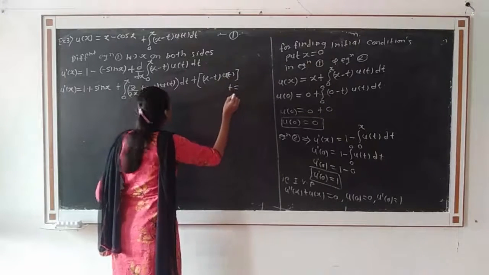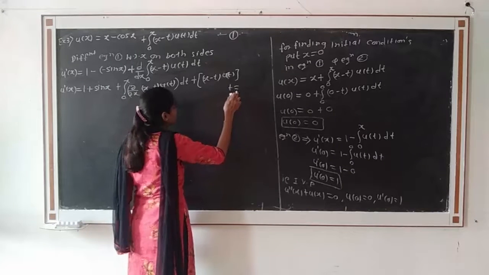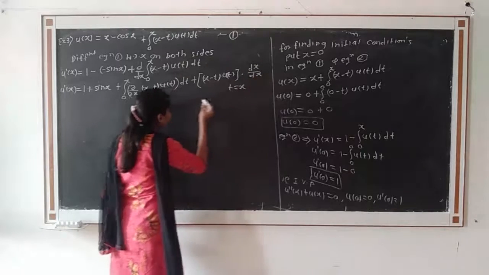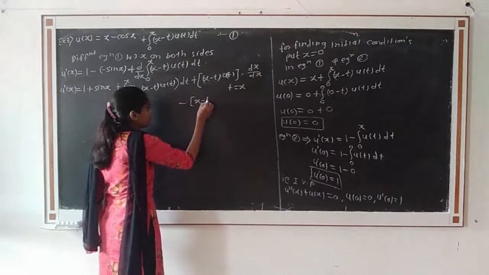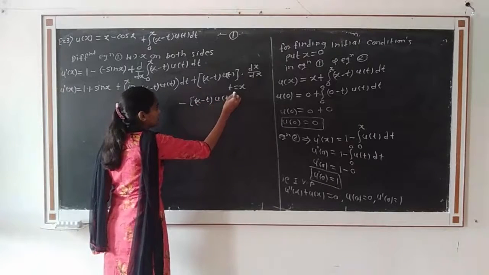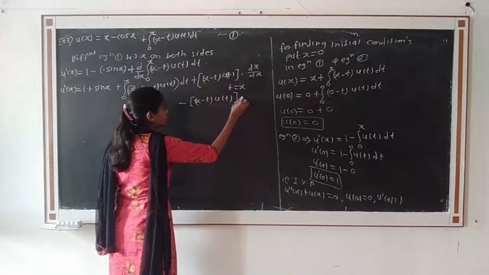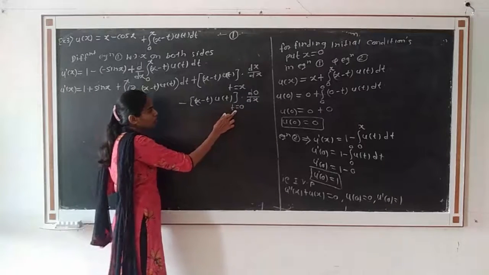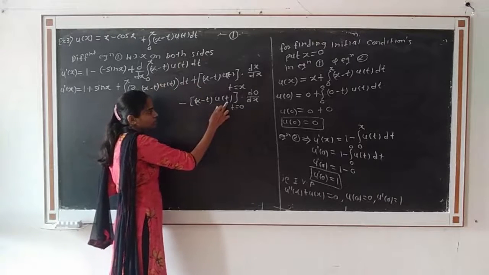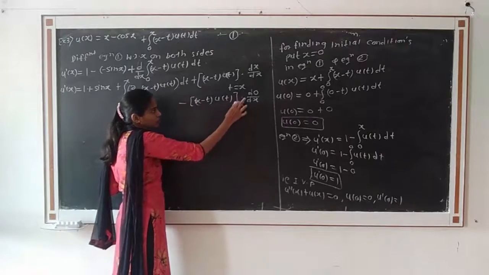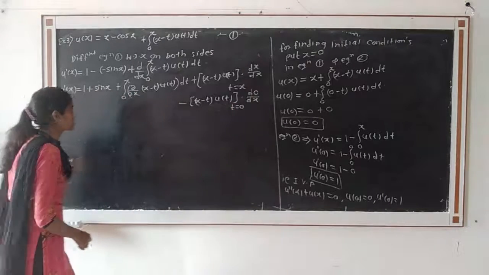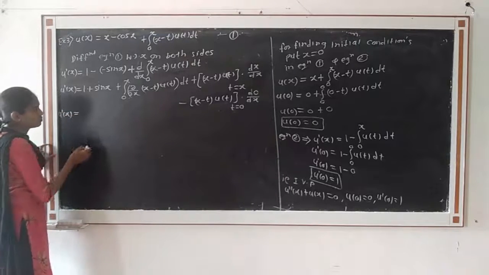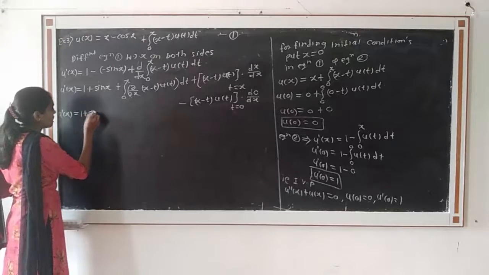First we have to put the upper limit instead of t, that is t is equal to x, into the derivative of x with respect to x, minus the function at t is equal to 0, that is we put the lower limit 0 instead of t, into the derivative of the lower limit with respect to x. Then u dash of x is equal to 1 plus sin x